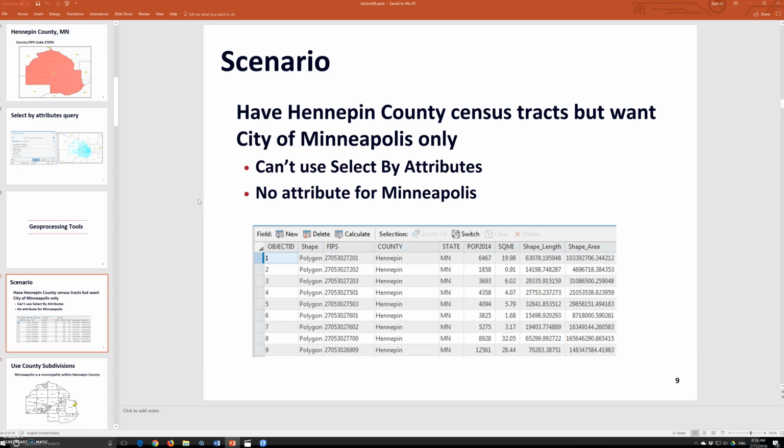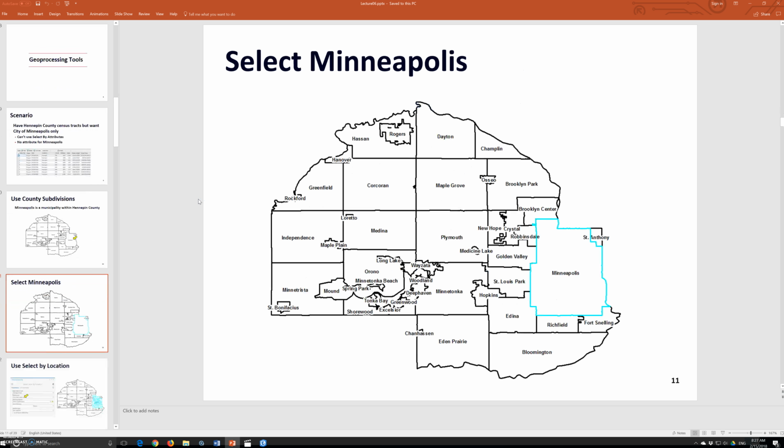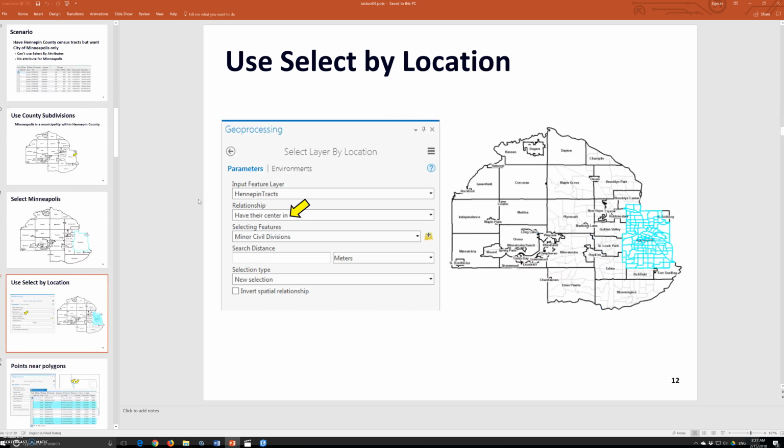The scenario was Hennepin County census tracts for one city, Minneapolis only, but we cannot use select by attributes for Minneapolis, we use U.S. county subdivision. So Minneapolis is a municipality within Hennepin County, and we select Minneapolis,